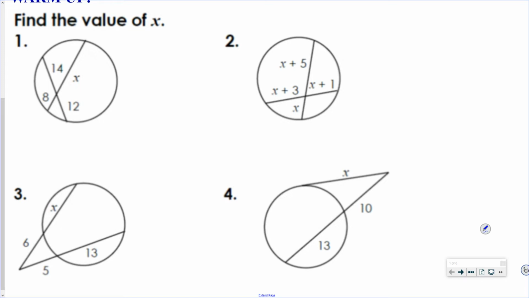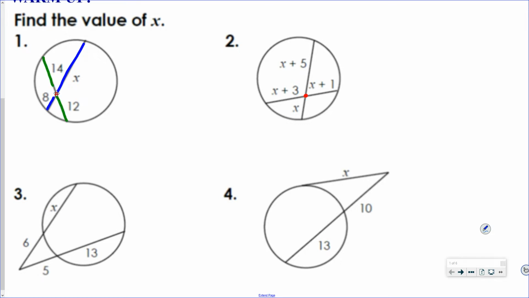There's basically two rules you need to know, and that is dependent on where the segments intersect. So here I have two chords intersecting inside the circle. Same for number 2. Okay, so the relationship is, I'm going to call this one the blue chord, and this one the green,